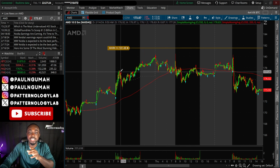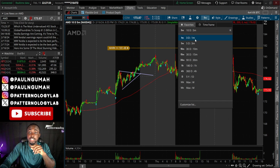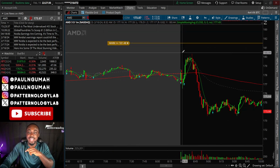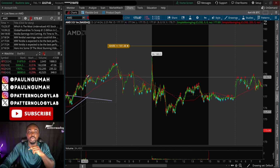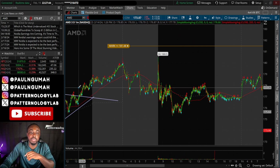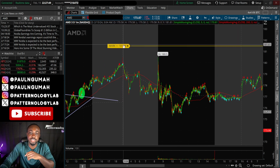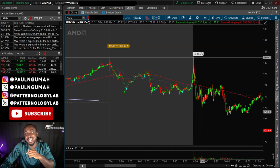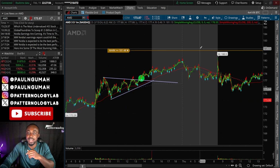But initially, they both started out the same way. Initially, they both broke out at the same time. I chose Meta, and then they also both spiked right here. They both spiked and gave a chance for anybody who bought right here, which is the appropriate time to buy, to actually take some money off because the price target was 181. It didn't even get up that high, but at least it gave people a chance to